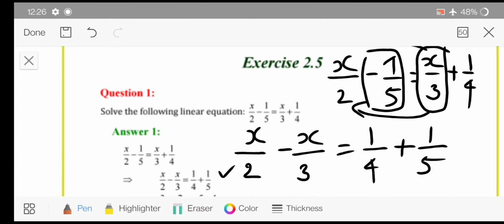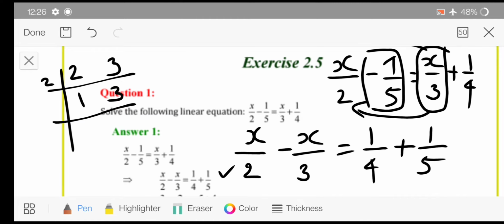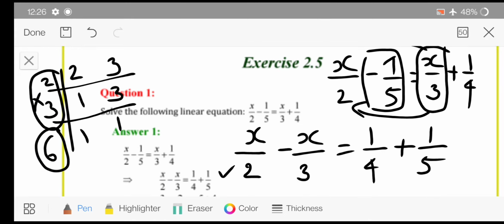Here the denominators are 2 and 3. As the denominators are 2 and 3, we need to take their LCM to make them like fractions. So we know that 2 ones are 2 and 3 is not in the table of 2, so you will just keep it as it is. Now you can see that we cannot continue with 2, so you will begin with 3. This 1 will keep as it is and 3 ones are 3. So this is your LCM, that is 2 3s are 6. So 6 is your LCM. As the LCM is 6, you need to make this denominator 6.